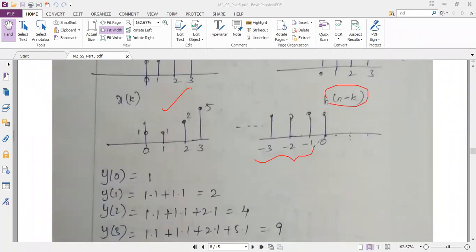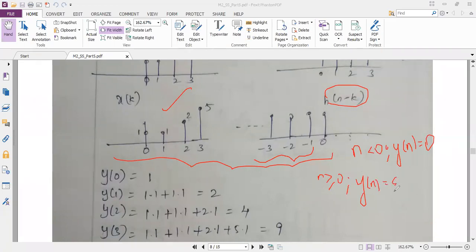See, now here you have to understand properly. After the step in all the earlier problems, we tried to analyze. So even if I analyze here, I can say when n is less than 0, I don't get the output, y of n is equal to 0. But when n is greater than or equal to 0, I can write my output. Y of n is equal to, like in all the earlier problems, summation x of k, h of n minus k. I hope you all can follow this.